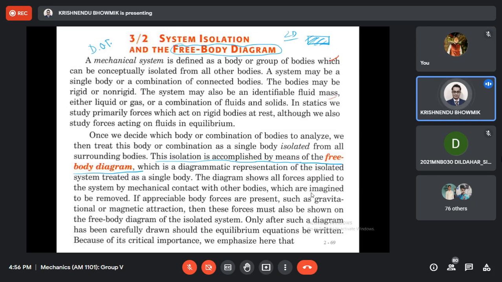Another type of support is the fixed support, or built-in support, where we do not allow any rotation. If rotational degrees of freedom are restricted, then only you will get the moment. For this type of support, the reaction generated from a clamp or fixed support has three components. In two-dimensional problems, these are two forces acting along and normal to the plane of fixity, and one bending moment or couple.